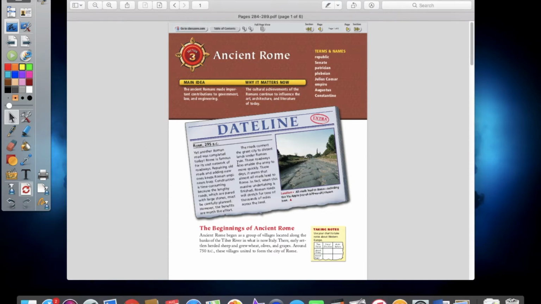So the reason why we're talking about the ancient Romans is because the ancient Romans, much like the ancient Greeks that we talked about last time, have a huge role in the way that the Western world developed. In fact, Western culture, especially culture in the United States, and especially our form of government, we get from two different places. We get it from the ancient Greeks as well as the ancient Romans. So understanding the way the ancient Romans operated, and how their government and their people operated, is very important for the region because it also had a huge impact on Europe as well.